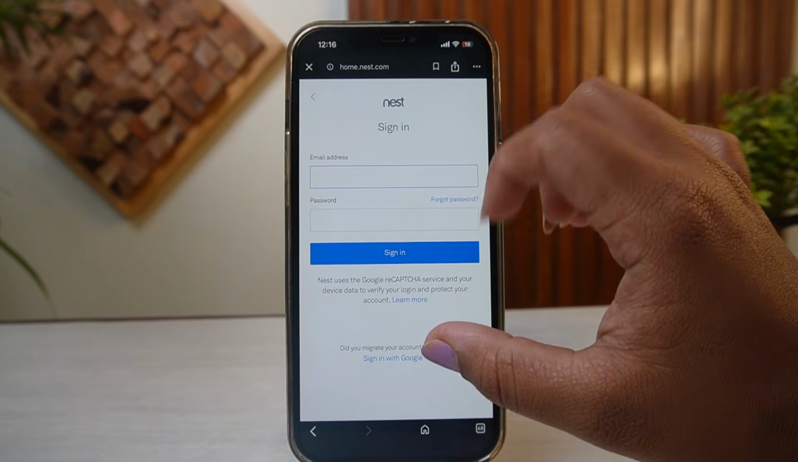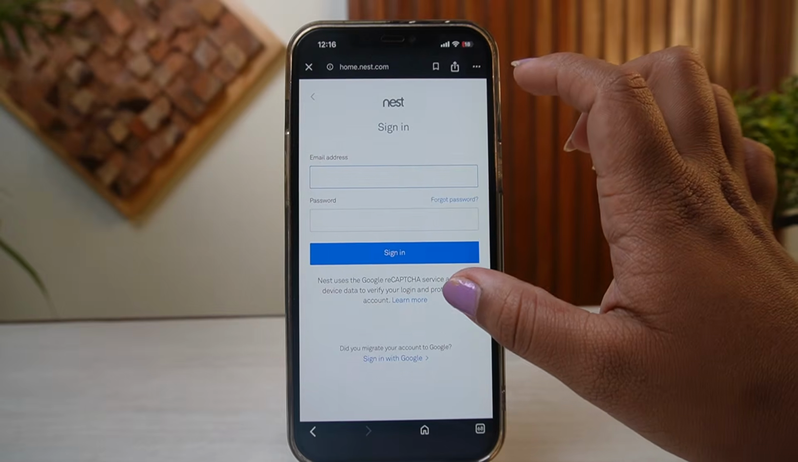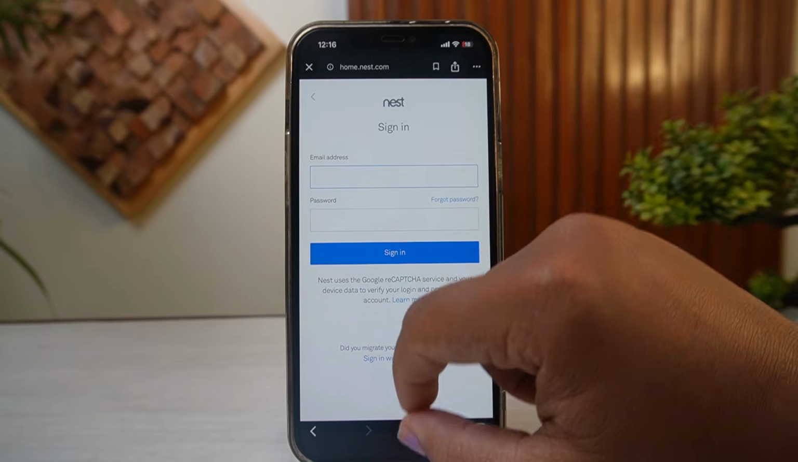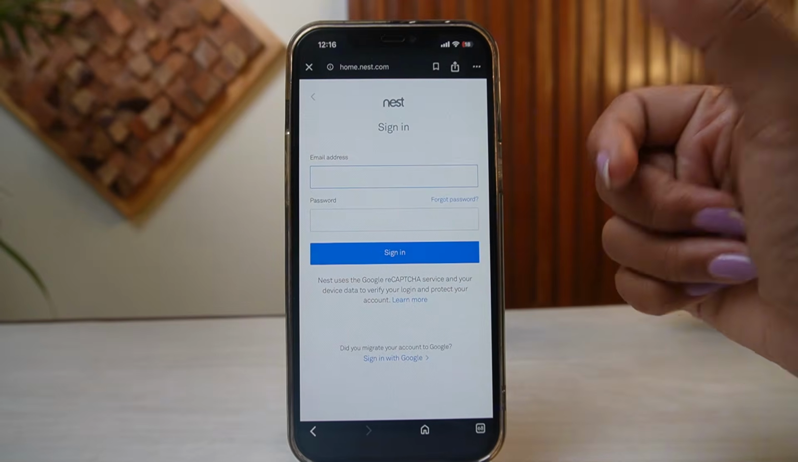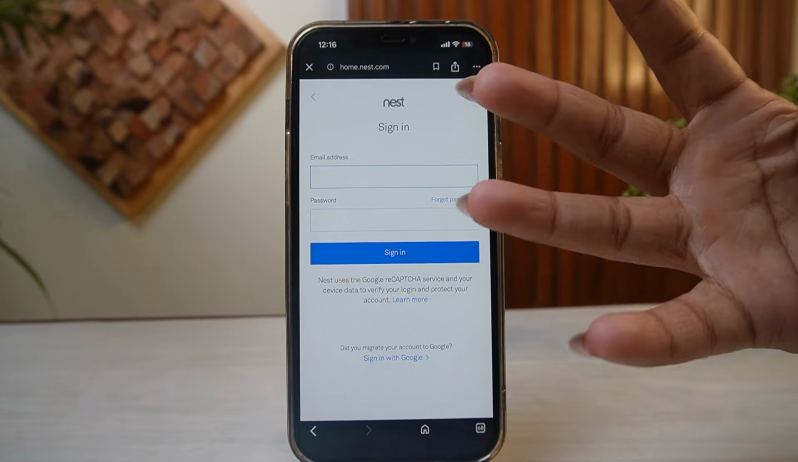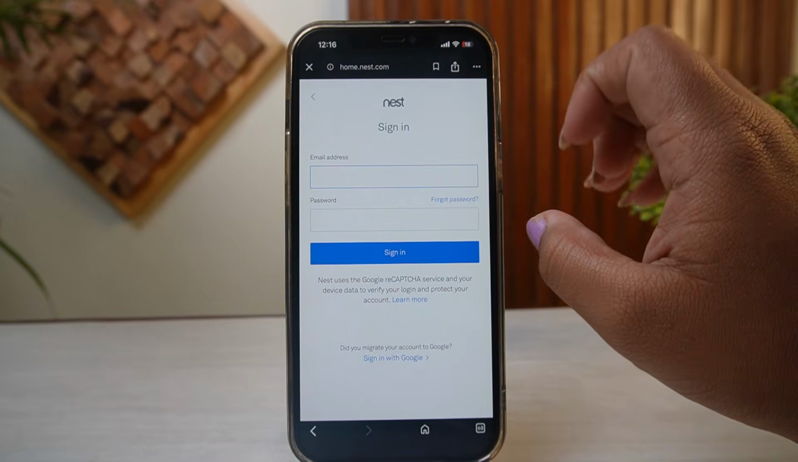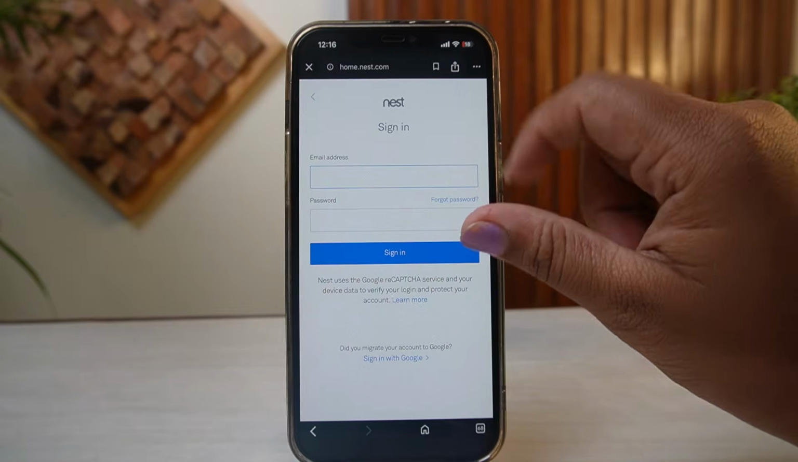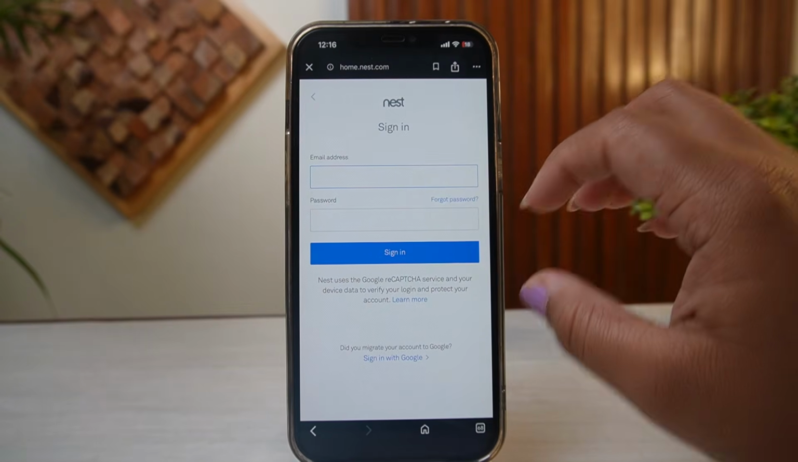Then from here you can navigate yourself to your account or manage your Google account option, and then from there you can go to security. If you have created your account using Google ID, you'll need to change your Google ID account password. And if you have used the Nest account manually, you'll need to tap on the account option, like I said,